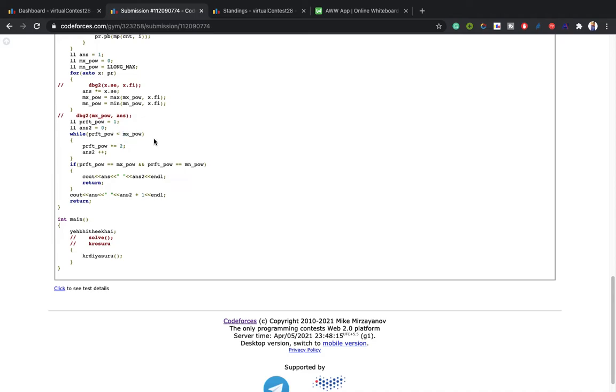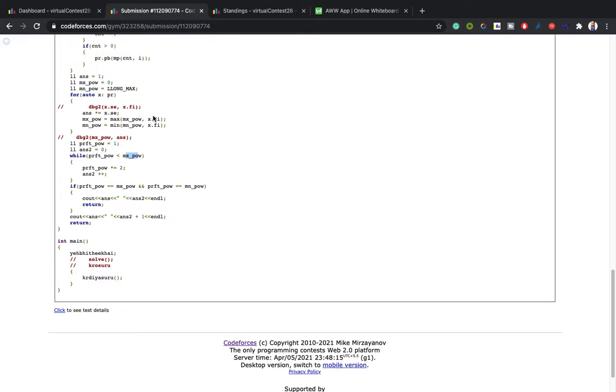Now here I need to find how many square roots I should do to reach the max power, so I increase the answer. The initial power is 1 and the max power is equal to 4, so I need one multiplication to make 2, again one multiplication to make 4, and now the condition becomes false, and we get the square roots in the answer, that is 2.